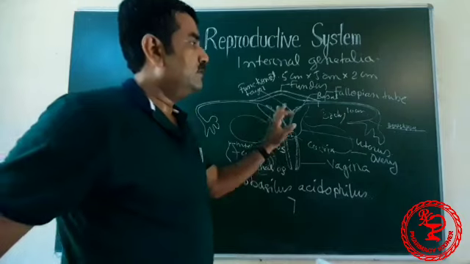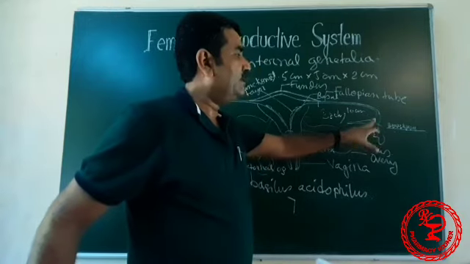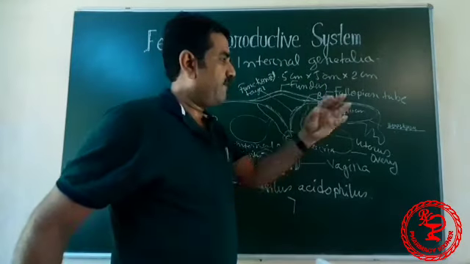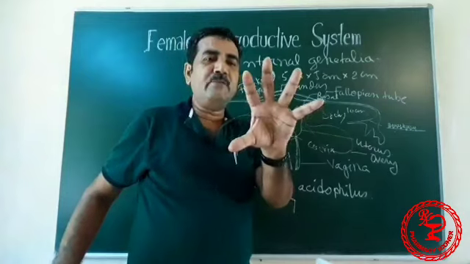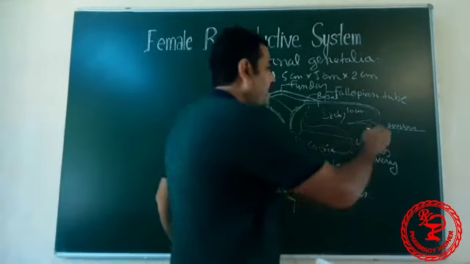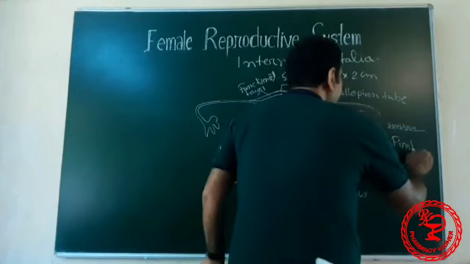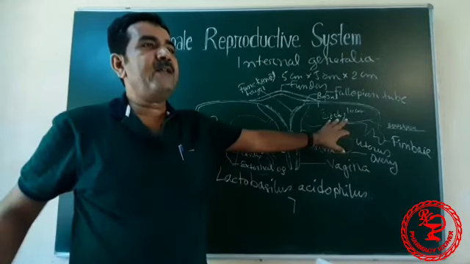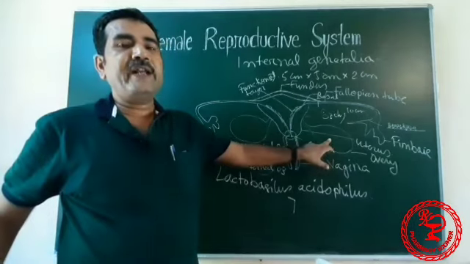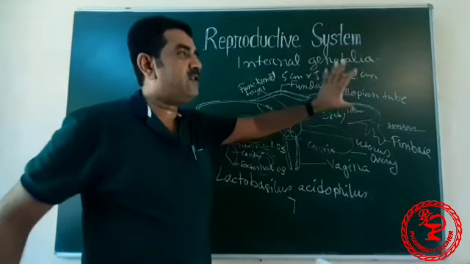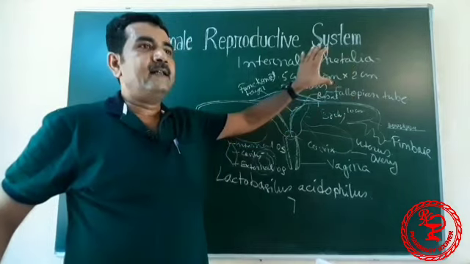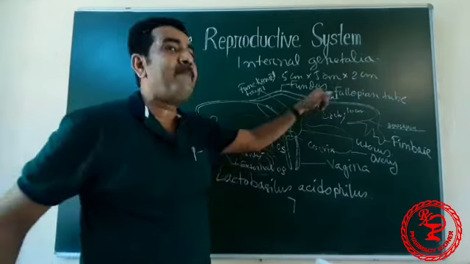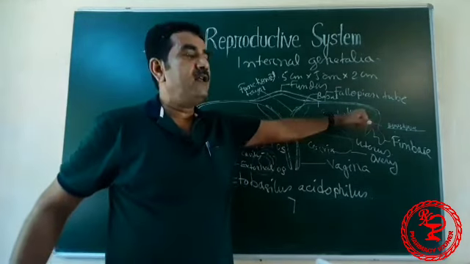At the end of the fallopian tube there is a flower-like formation by finger-like projections. This is called fimbriae. The fimbriae are present very near to the ovary. The fallopian tube produces some secretion through which sperm can swim into the other end of the fallopian tube.